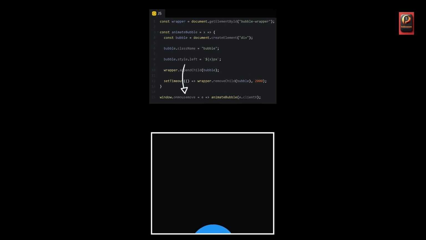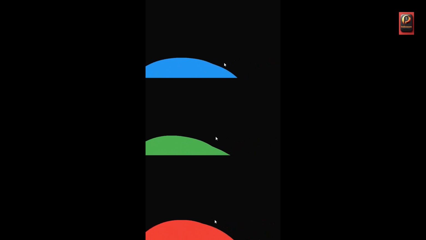Add a listener to check for mouse movements, and call the animate bubble function, passing in the mouse's current X position. Remove the original bubble, change the color to whatever you want, or if you're feeling extra crazy,